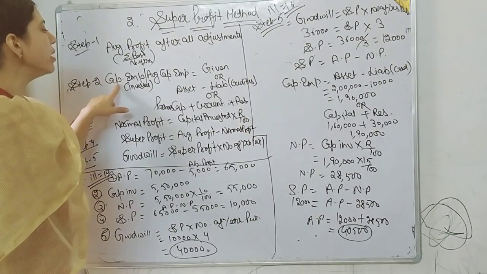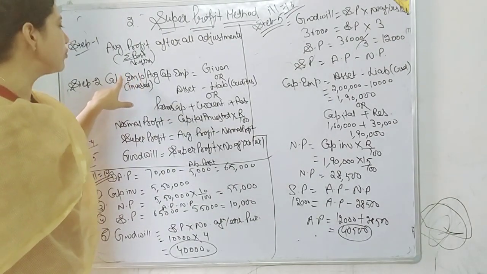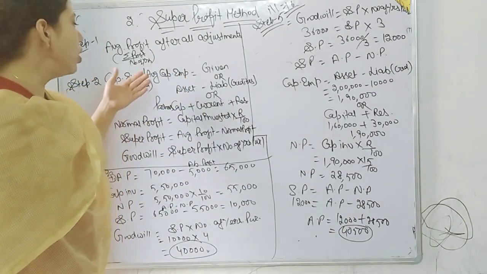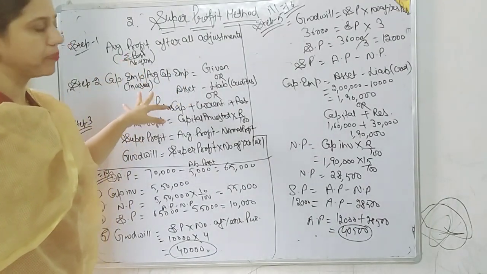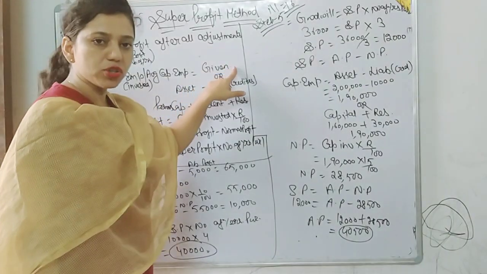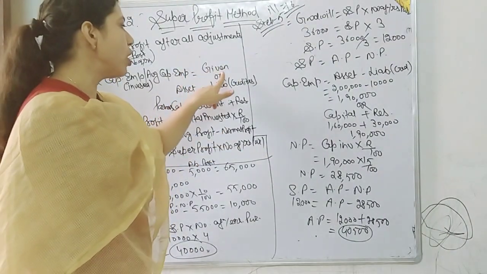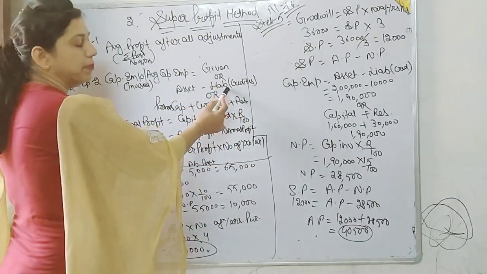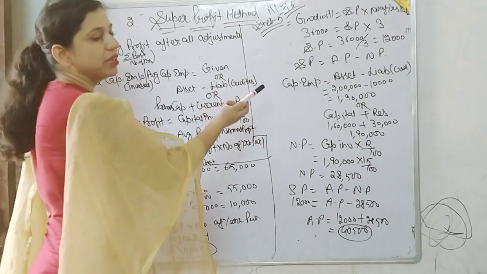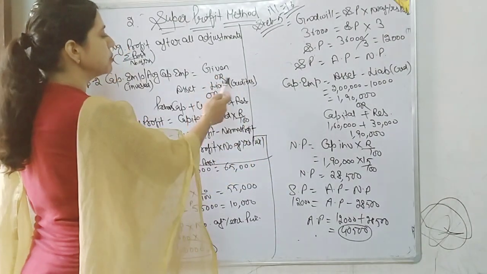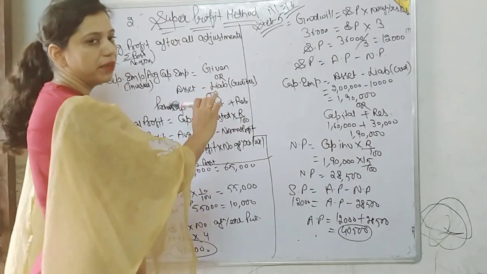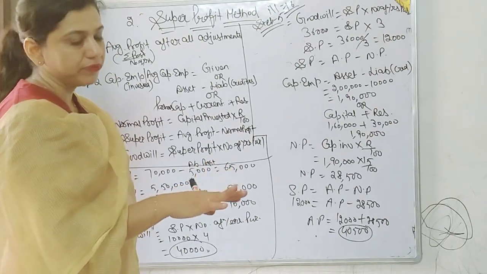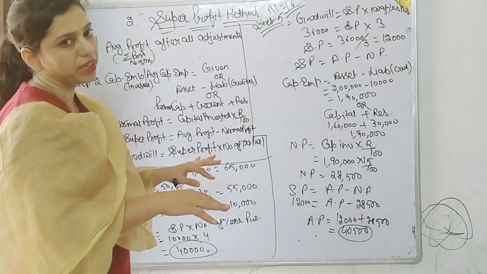Second step, you have to calculate capital employed or average capital employed or capital invested. All are the same. If it is given in the question, then it's well and good. If not given in the question, then we will calculate it as assets minus liability. Sometimes creditors are given, so creditors are liability. So assets minus creditors or assets minus liability means the same.